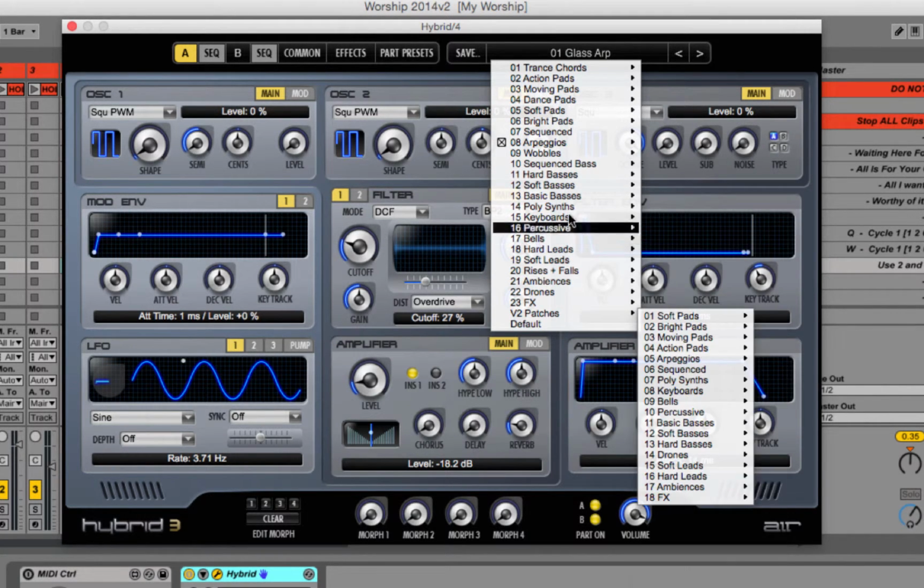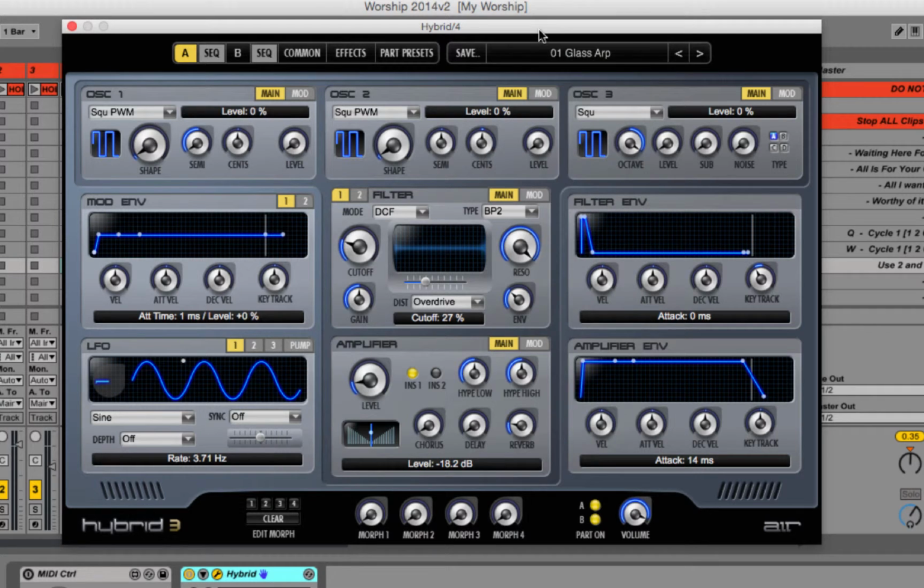I've not even been able to dive into this instrument yet, but I have it set to this glass ARP, which is just